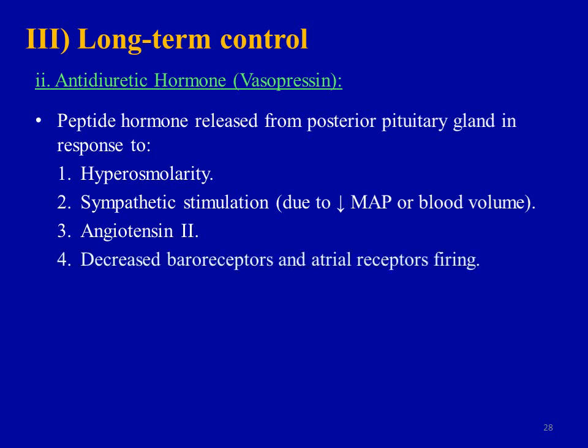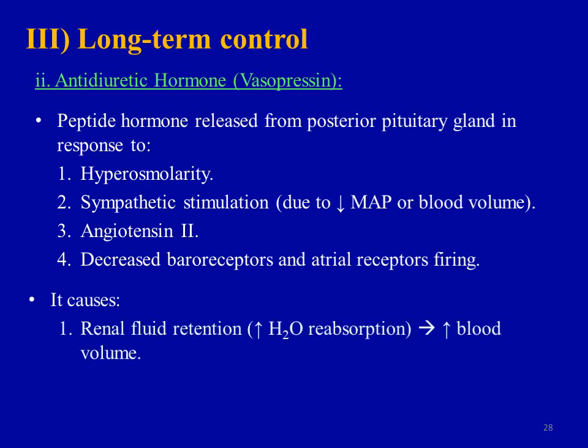And the fourth stimulant is decreased baroreceptors and arterial receptors firing. This hormone causes renal fluid retention by increasing water reabsorption, and if we increase the water reabsorption, this will lead to an increase in the blood volume, an increase in the venous return, and an increase in the mean arterial